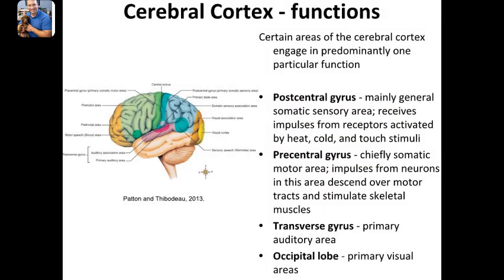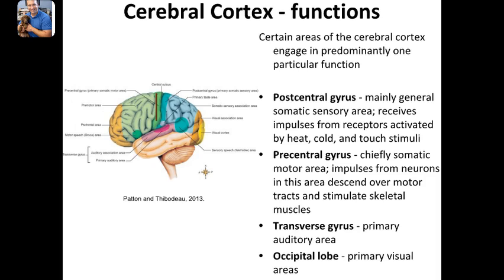Functions of the cortex itself. Remember, we've got the different lobes, and different things happen in each lobe. Like the frontal lobe gives us our personality, and it helps us process things day to day. And then we've got the central sulcus that cuts the brain in half from ear to ear. In front of that central sulcus, we've got the precentral gyrus, in mint green here. That precentral gyrus is going to help us process motor control. So it's going to allow the information to be sent out via the precentral gyrus, while the postcentral gyrus transmits